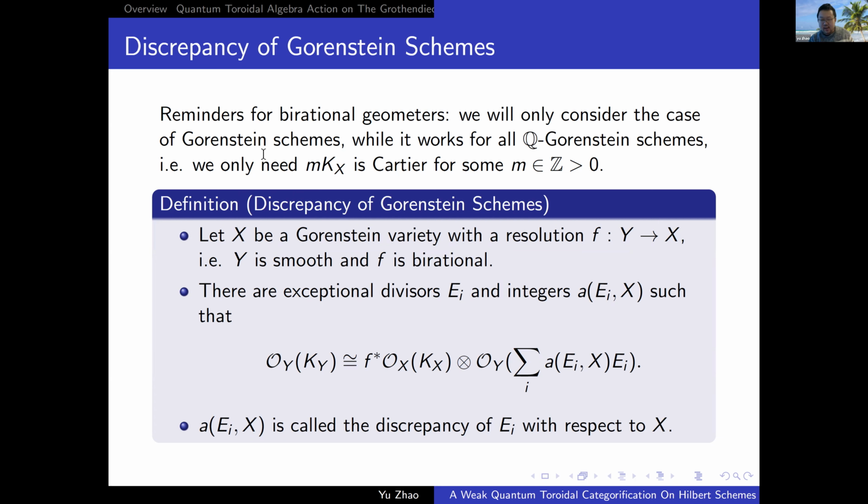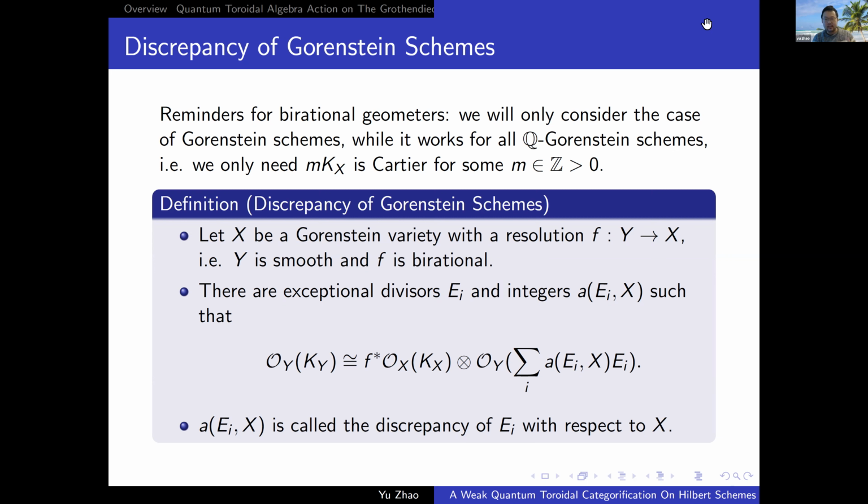Okay, great. I just want to make a remark for birational geometers, because they usually work in the Q-divisor case, so they are always assuming something is Q-Cartier